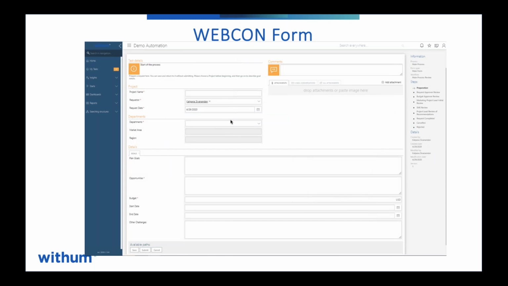So this is an example here of a WebCon form. I know Kalpana is going to be showing you this in the demo, so I'm not going to steal too much of her thunder. But if you just look at the right-hand side alone, you can see a lot is there for you. It talks specifically around the main process, talks about the main form, talks even about the workflow. So you can see here in one area, you're able to impact that.